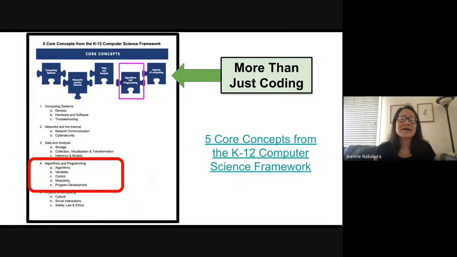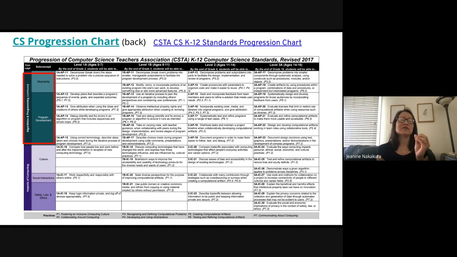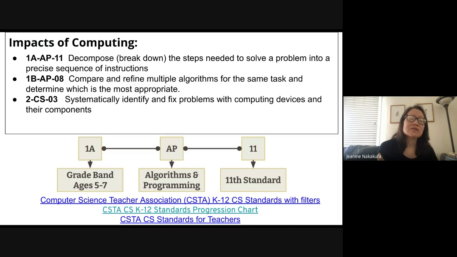Okay, next slide. So just as a review, we keep pounding this in, but computer science is the 5 core concepts. It's more than just coding. But we did focus on algorithms and programming, just now, writing the steps. And then here are the standards in more detail across the grade bands from kindergarten all the way to high school. The core concepts on the left, the grade bands go across, and you can see standards. And some of them you're already doing, like writing the steps to a problem. Okay, next. Here are the standards we covered today, or we will be covering, or I think we did.